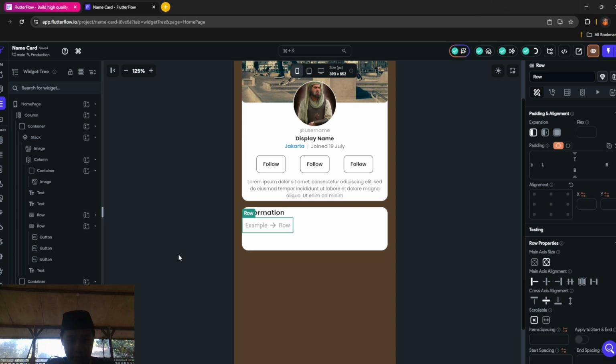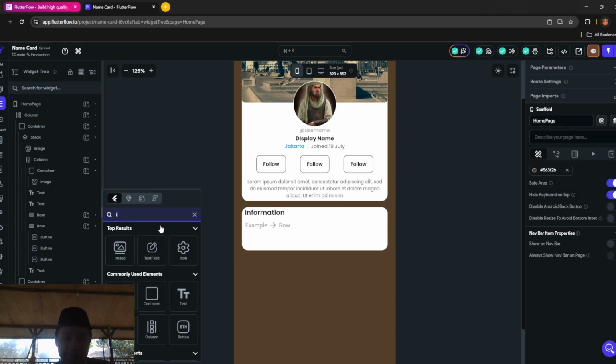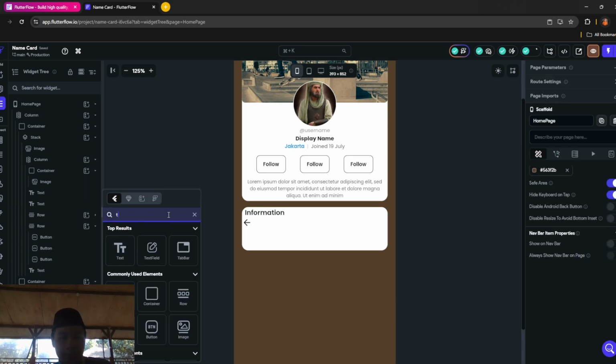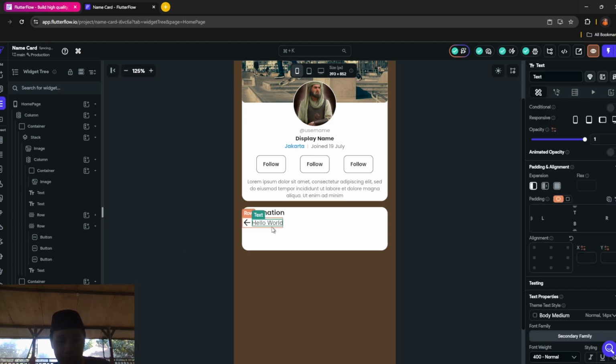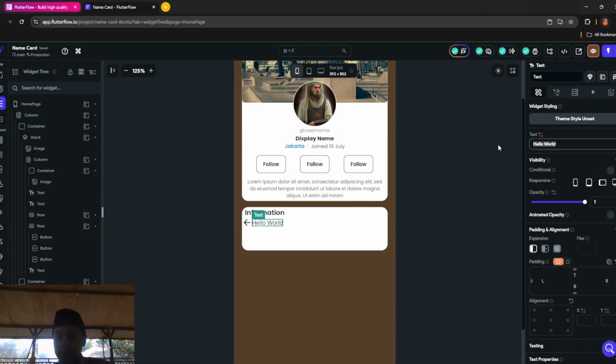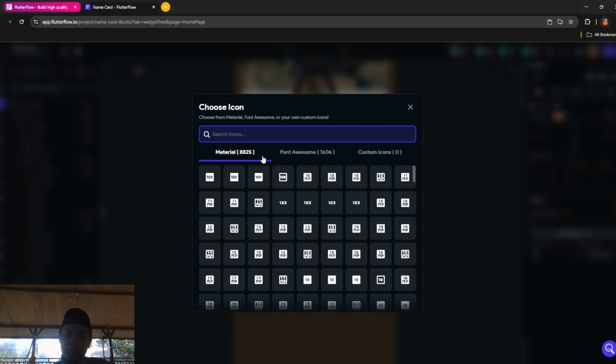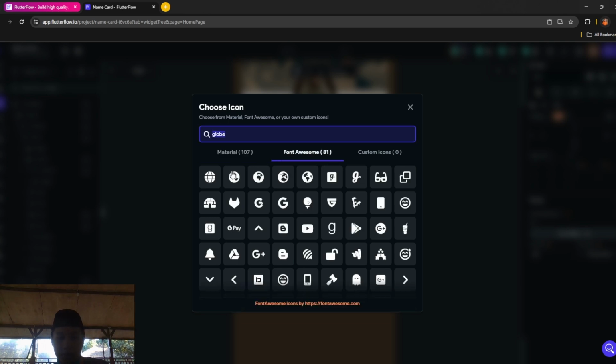In the row you want to add an icon and a text, and make the text the information, for example website, and then the icon is up to you. I'll just choose the globe here.